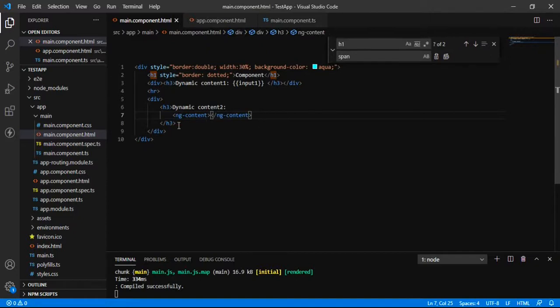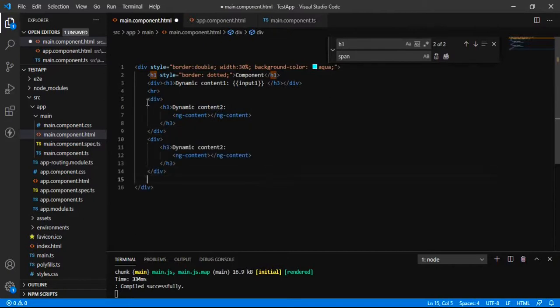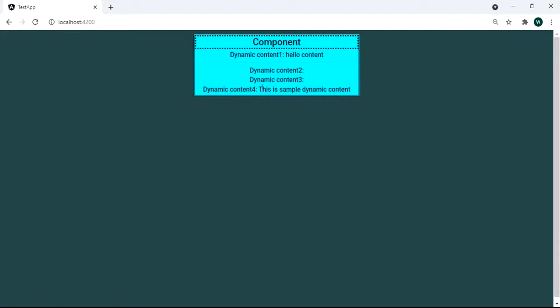So what if we have more than one ng content directive? Suppose that this is dynamic content 3 and this is dynamic content 4. In that case, it is going to project the content in the last available ng content section.